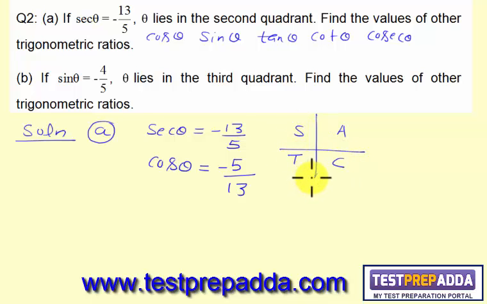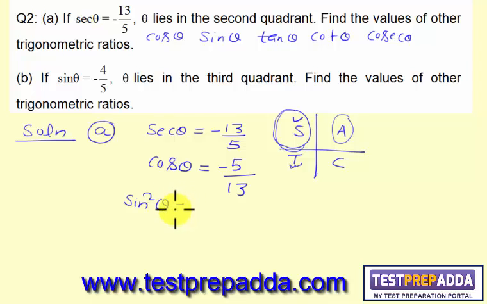all trigonometric ratios are positive, sine and cosec positive, tan and cot positive, here cos and sec positive. That is why sec theta and cos theta will be negative in the second quadrant and third quadrant. The question says theta lies in the second quadrant, so we will stick here, second quadrant. Cos theta is minus 5 by 13, and we know